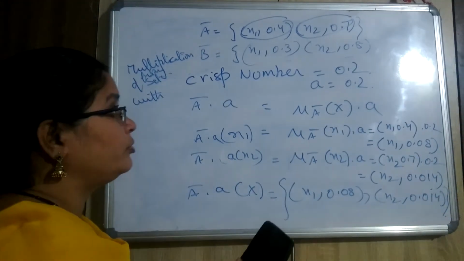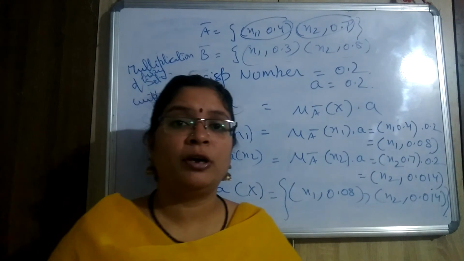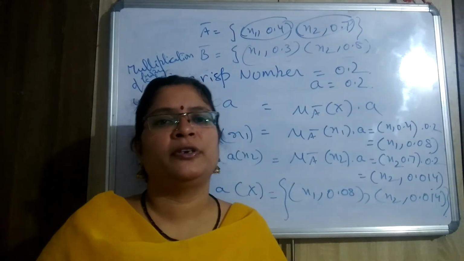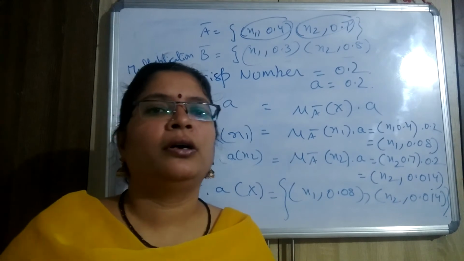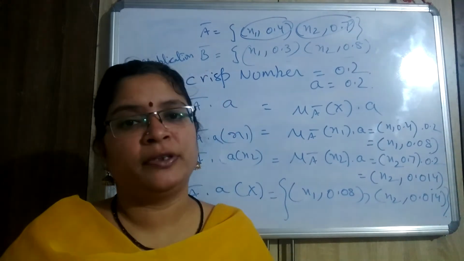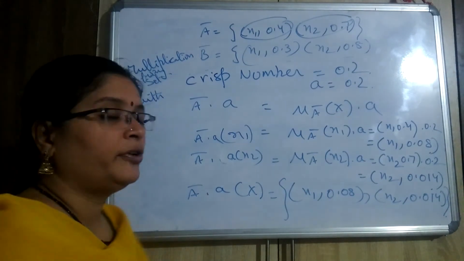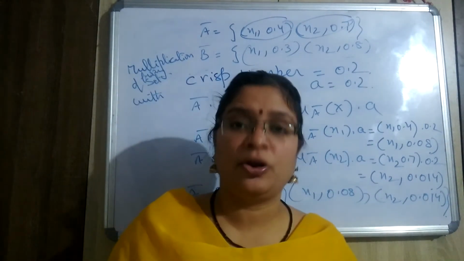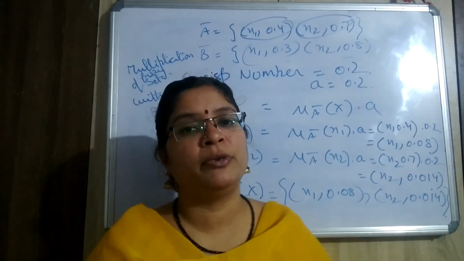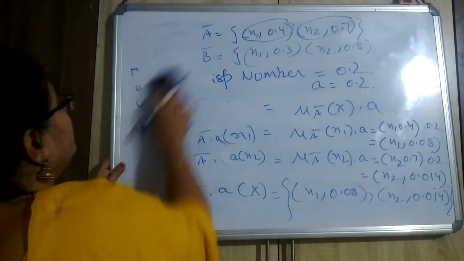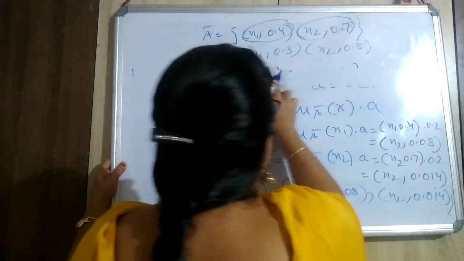And now we are going to see one more thing, that is the power of the fuzzy set. How the power of the fuzzy set can be represented, and how the difference can be represented. All these things we are going to see now: the difference, as well as the disjoint of the fuzzy set operation. So next we are going to see the power of a fuzzy set.